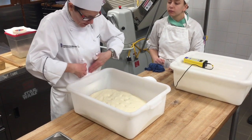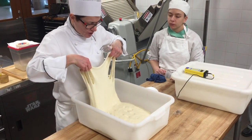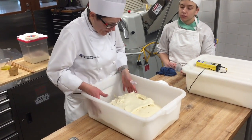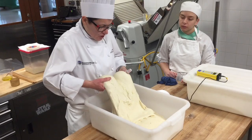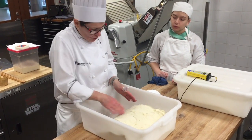Fold the dough as demonstrated by Chef Lumi. For the Semolina sourdough, the dough is bulk fermented for 2 hours total and gets folded once after 1 hour of fermentation. There are 2 main reasons for folding. The first is to build strength, and the second is to degas the dough and get rid